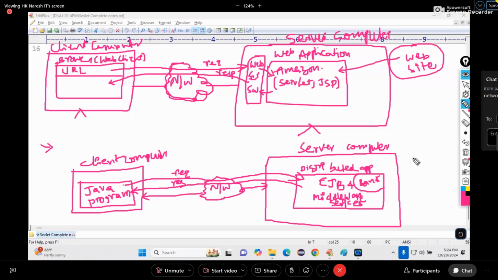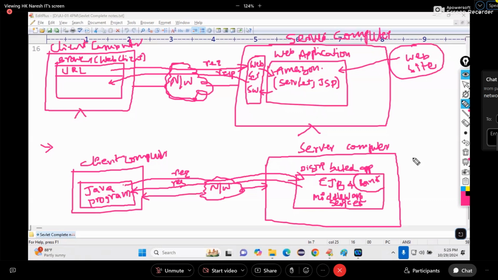Continuation: an interoperable application is developed by using XML and web services.